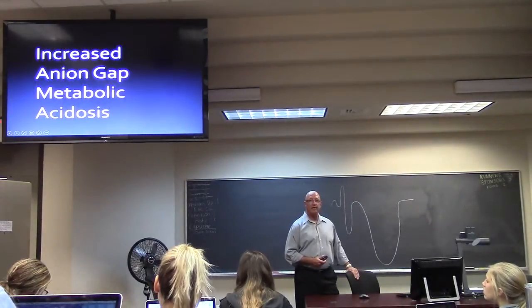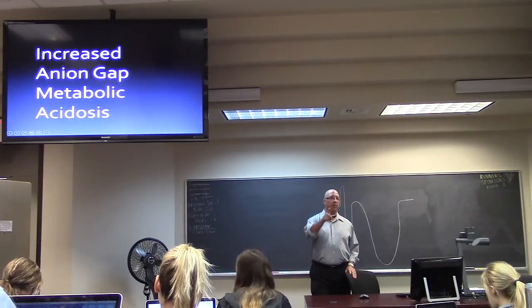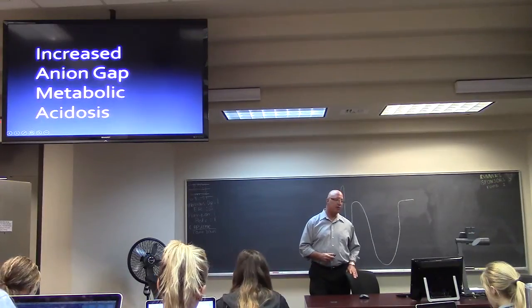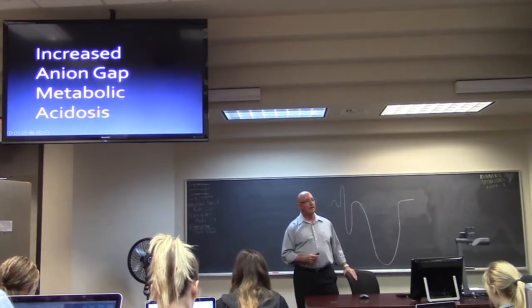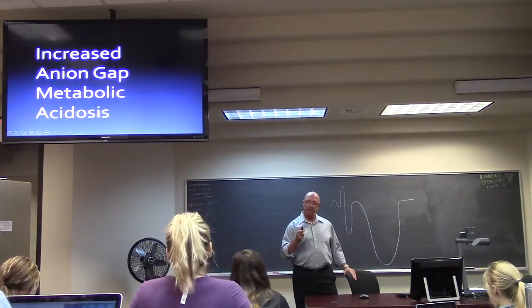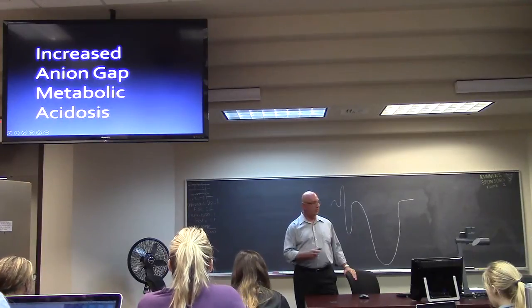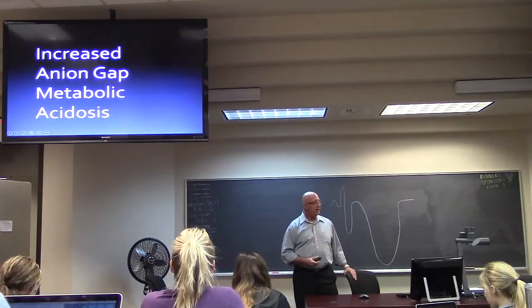So she got an increased anion gap metabolic acidosis, right? You guys, she pointed out that this is a metabolic acidosis. That's right. As soon as you identify metabolic acidosis, the first thing you want to do is decide, is it anion gap elevated or normal anion gap? If it's anion gap elevated, which is the anion gap: sodium minus chloride and the bicarb together, if it's anion gap elevated,